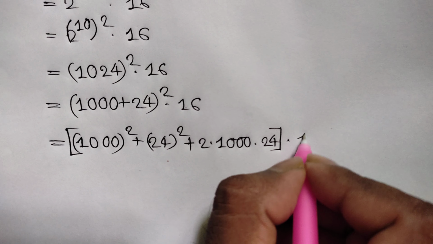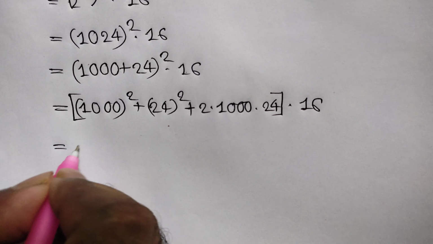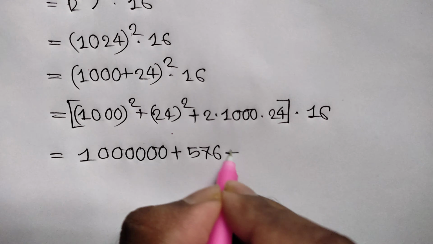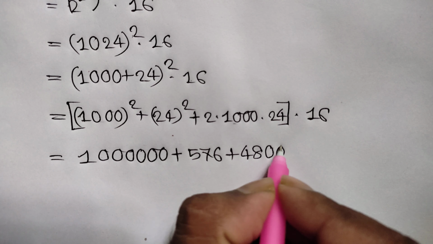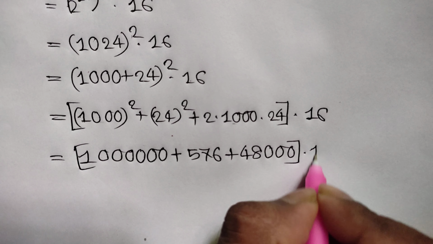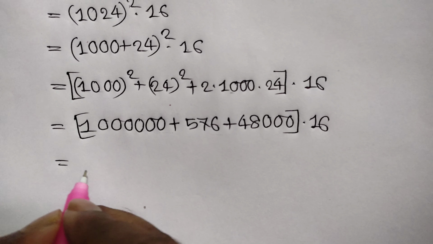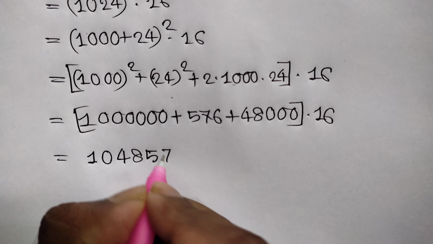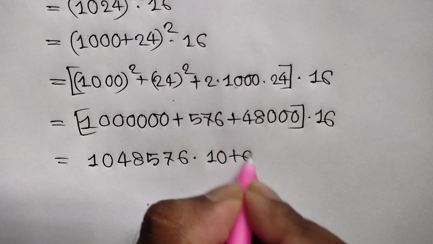now this 16 is equal to, we know 1000 square, that means 1 with 6 zeros, plus 24 square, that means 576, plus 2 times 1000 times 24 is 48 with 3 zeros, multiplying 16 is equal to, now adding these 3 numbers we will get 1048576 times, now this 16 can be written as 10 plus 6